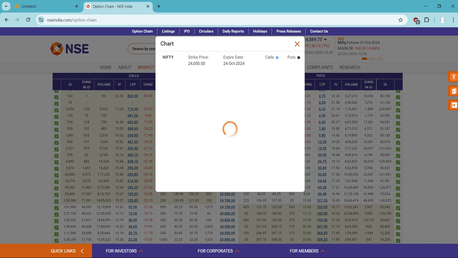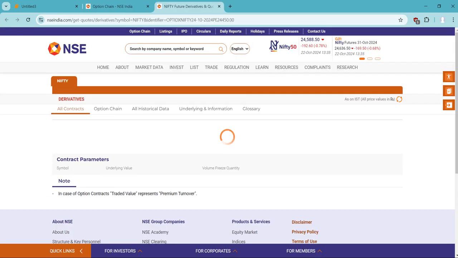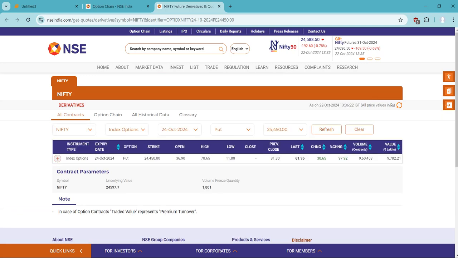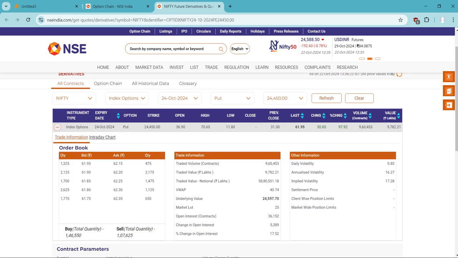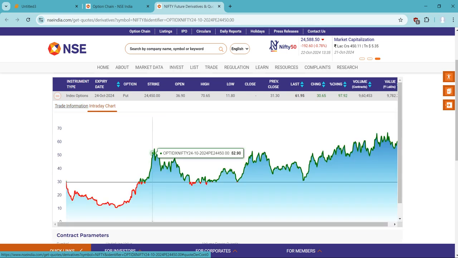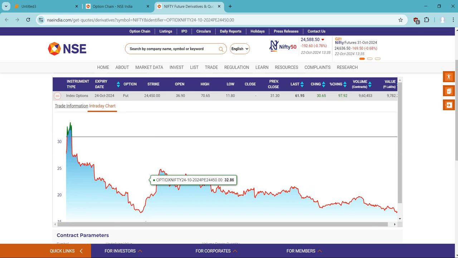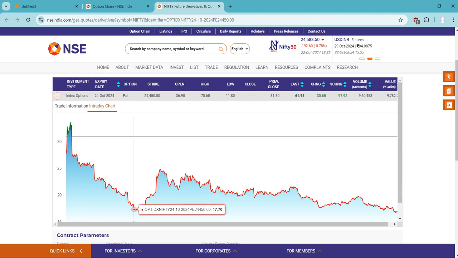So if you see here, the strike price is 24,050 and the expiry date is 24th of October 24. Instead of that, we'll click here. So this is the new page. Here we will see the graph. If you see here, we have trade information with all the buy and sell. We don't need all this data. What we actually need is the intraday chart, and we will try to extract the data. We'll plot the same chart in